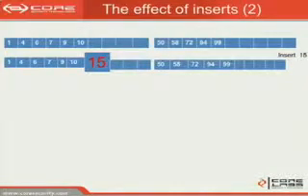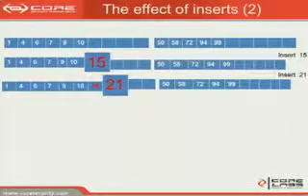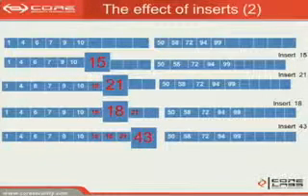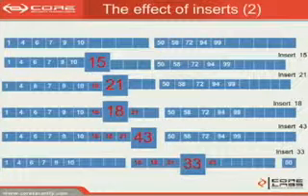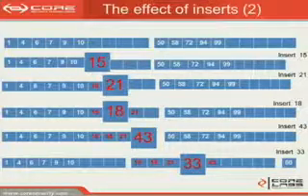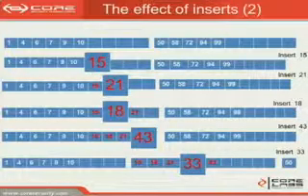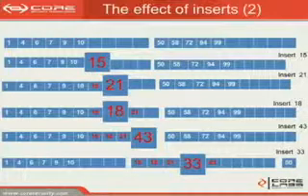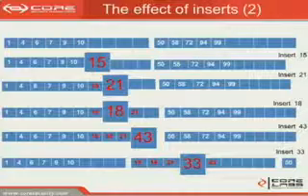For example, we add 15, and it goes to the left node. And we add 21, it also goes to the left node. 18, 43, and now we add 33. And since it can't fit in this node, and it should be placed in this node because it's a value between 1 and 43, then the node must be split. And it is split in 2 halves that you see printed there, one with the values from 1 to 10, and the